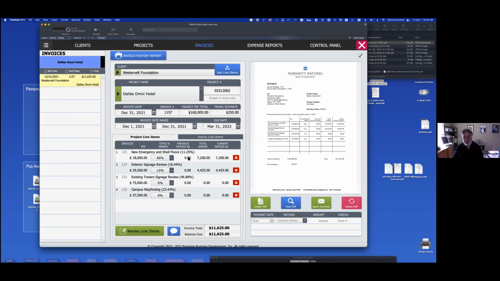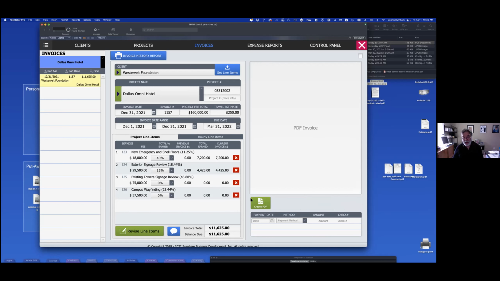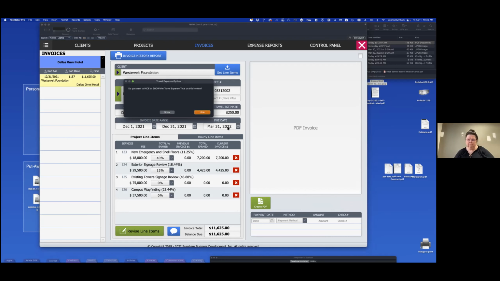So the previous invoice is zero because he never did anything prior to December. And $7,200 is 40% of 18,000. So this invoice has a $7,200 amount for that. And likewise for each of the others. So it's very simple for him to go down this list of 4 things and recall either from actual work he's done or whatever he feels like billing them for the period as these numbers increase month by month from 0 toward 100. If I delete the PDF that's in there and click this create button,